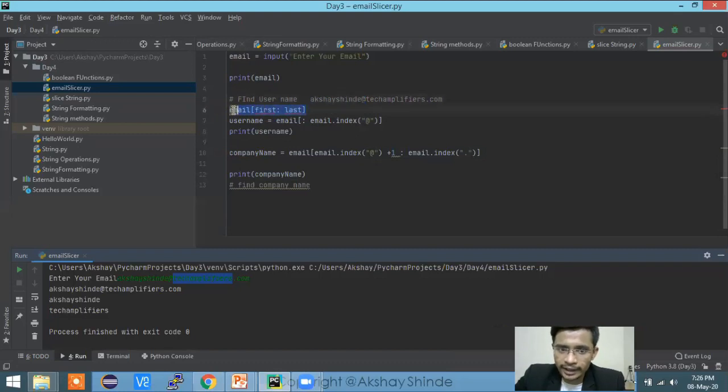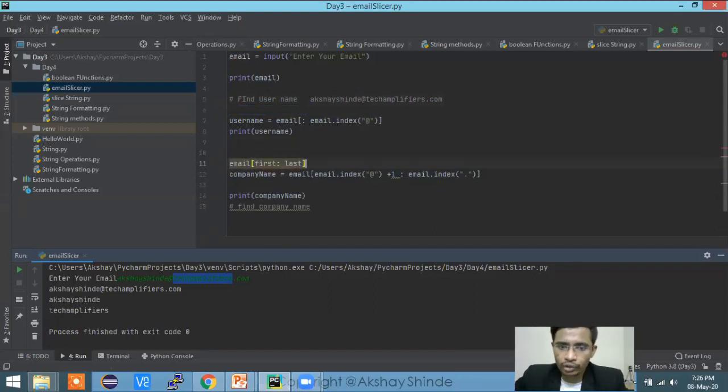But in case of the company name, the first letter will be t, right? So you have to find the index of t, but you are not sure what the end user is going to enter. It might be aissms.com, anything.com, google.com, microsoft.com, facebook.com. You're not aware, but you're definitely sure they will type the company name after the at the rate symbol.